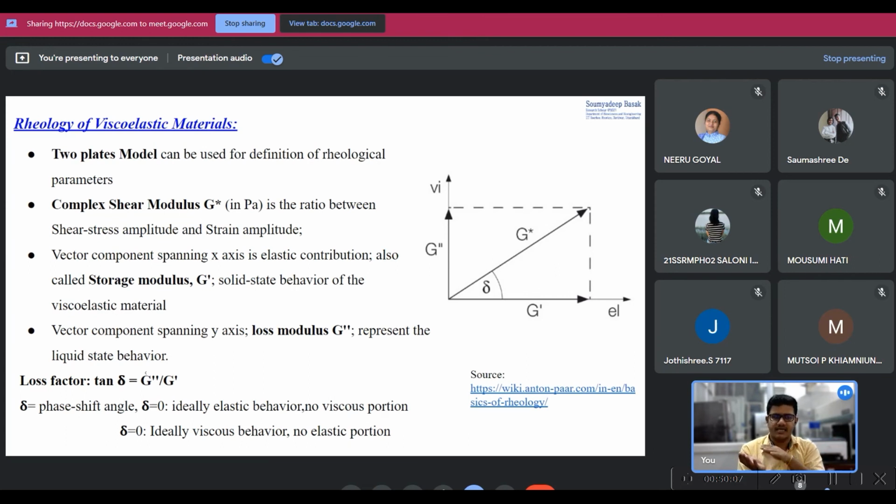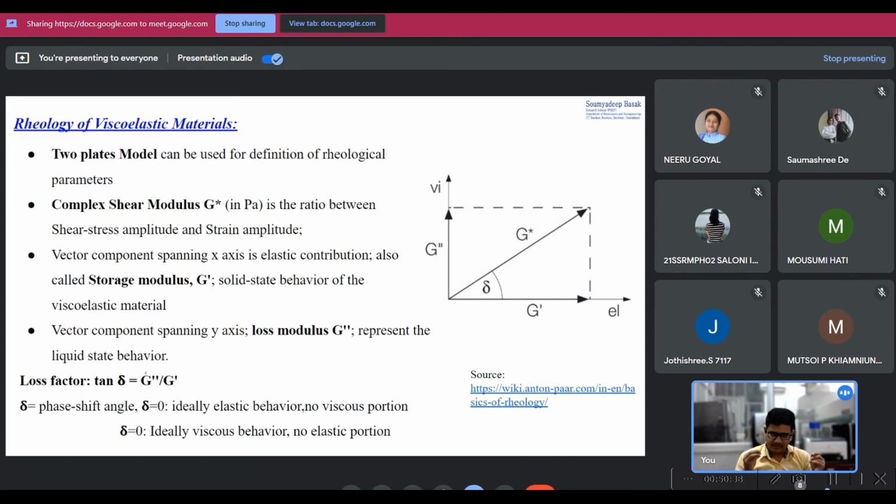But in the case of a fluid or a viscoelastic material, there is a viscous range and an elastic range. We'll discuss that. In that kind of material, the sinusoidal motion of the top plate is not transferred as efficiently to the bottom plate. So there would be a phase shift, called delta. From this information, and the measurement of the shear stress amplitude and strain amplitude, which can also be measured using this two plate model,